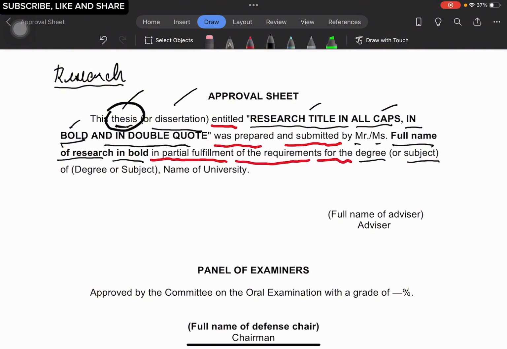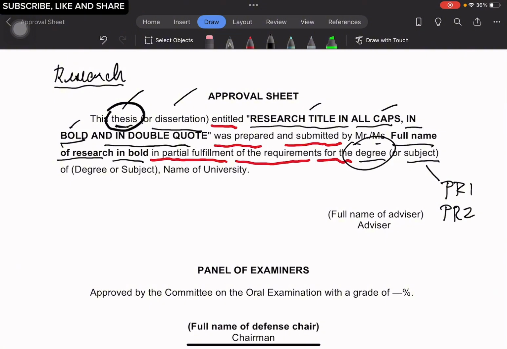If you are writing a research or study in the senior high school, you can use subject. The subject can either be PR1, practical research 1, or practical research 2. Again, if this is a study written on a particular subject. If you are writing your research while taking your master's or doctorate degree, then you should use this particular term. So this is the next variable that should be considered in writing the approval sheet.